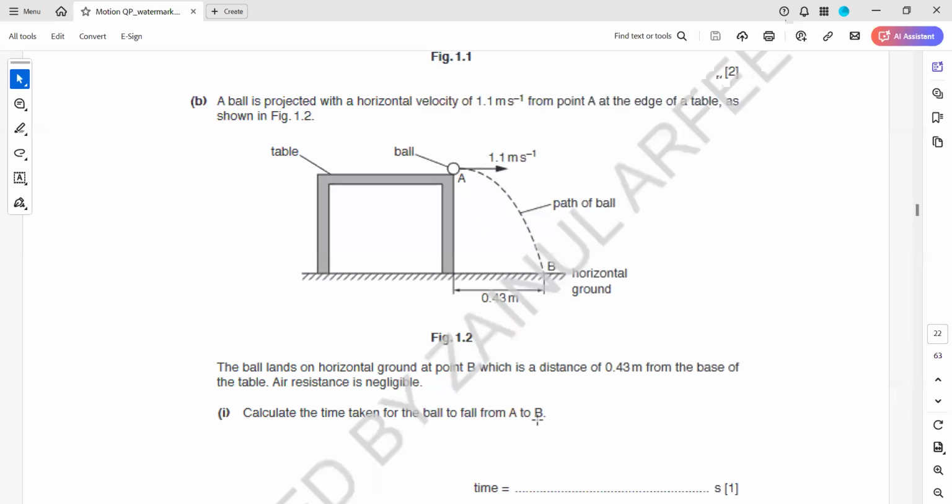Look, in this question, they ask us to draw a displacement time graph and an acceleration time graph. So first thing, they just give us